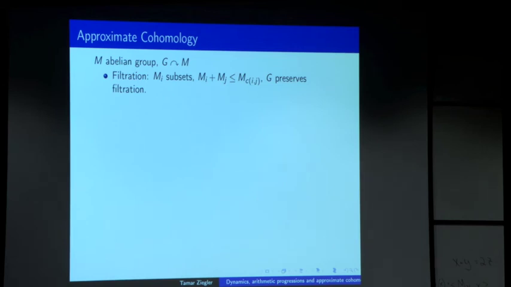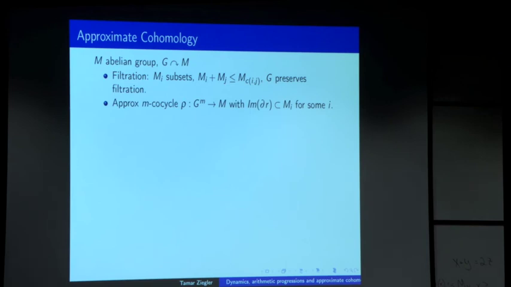So you have some abelian group M and a G action on this group, and this abelian group M comes with a filtration. So a filtration is not subgroups, but just a bunch of increasing subsets, okay, that the action of G preserves, and it satisfies this condition that if I add two of the subsets, it's contained in some other one. This is just sets, it's not a subgroup. The M_i are just arbitrary sets. Okay, so I'll give an example in a second, but let me just say, so you have this filtration,